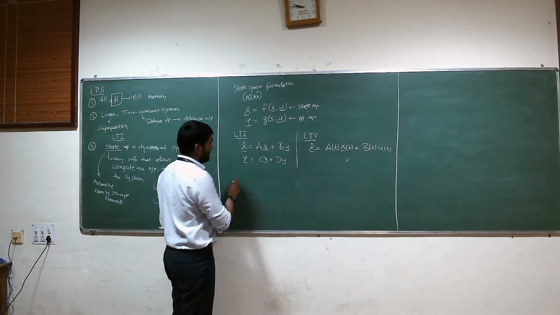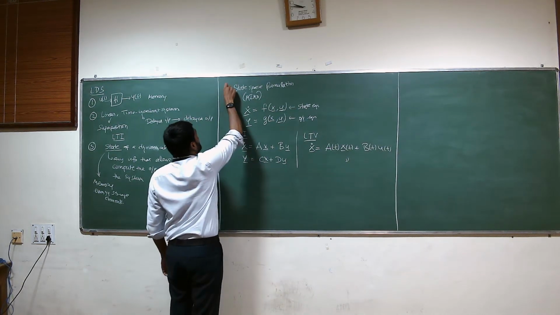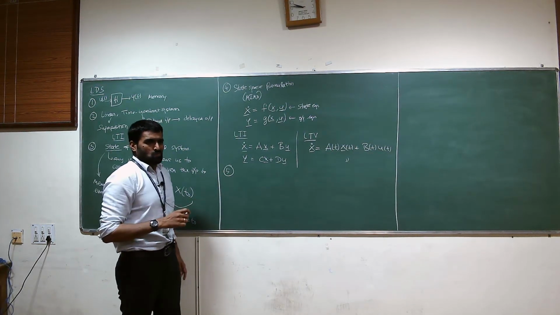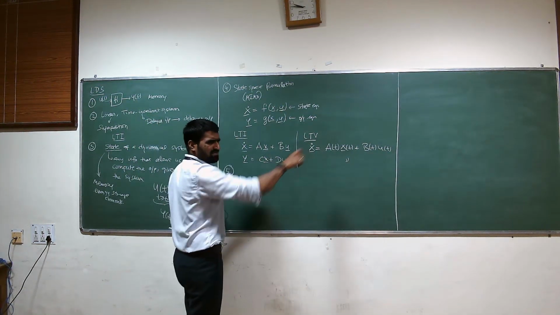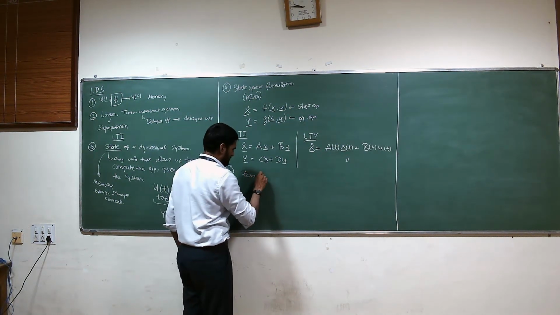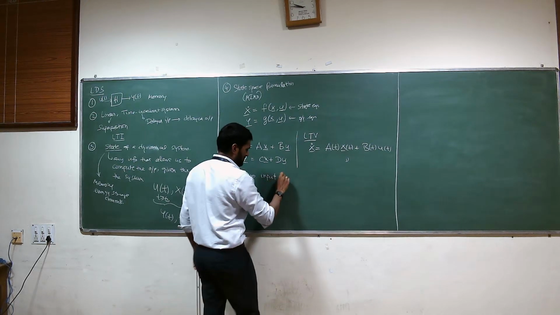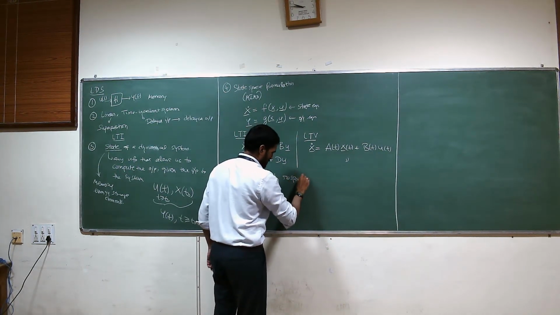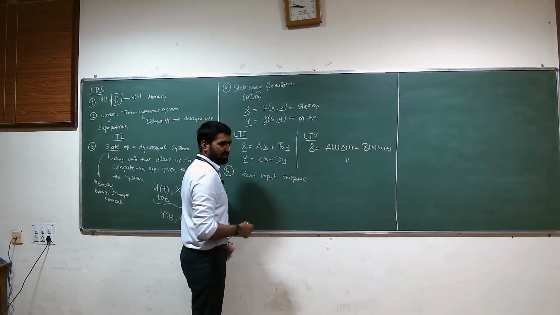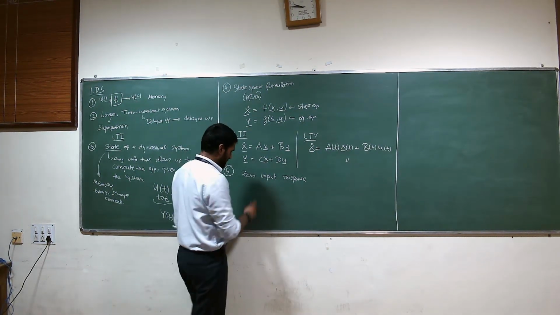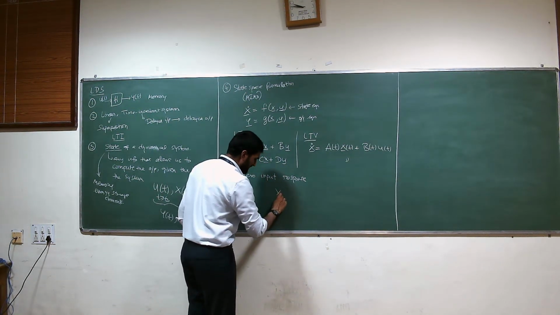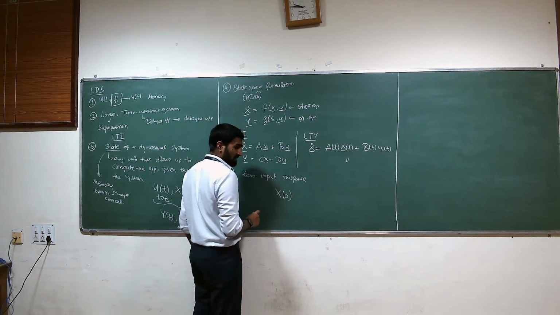And then, what is this? Right, this is simply how the state of the system evolves if there is no input. Okay. And for a linear time invariant system, if the initial state of the system is x of 0, and